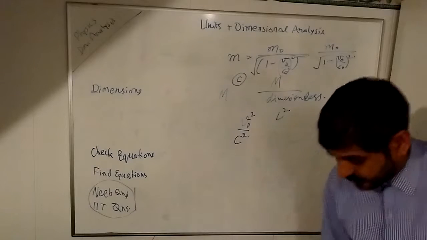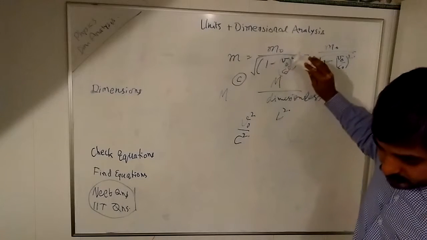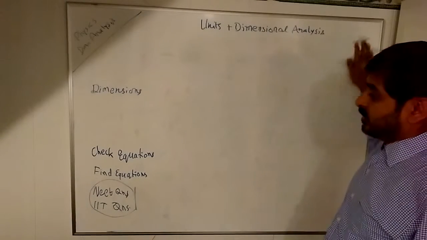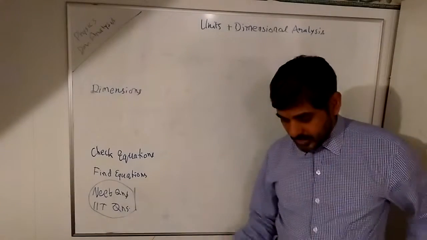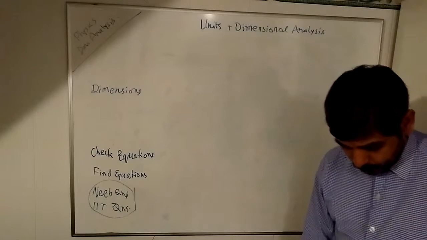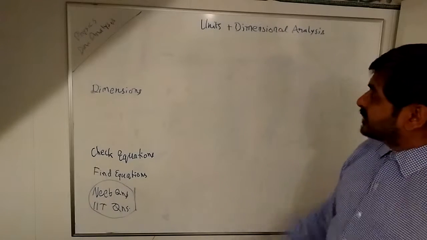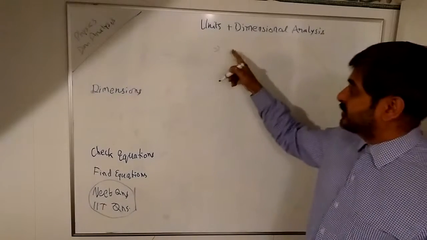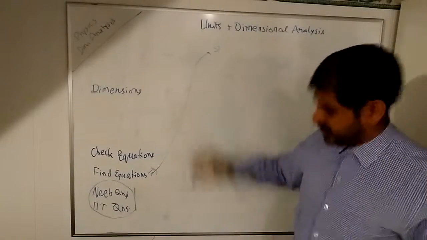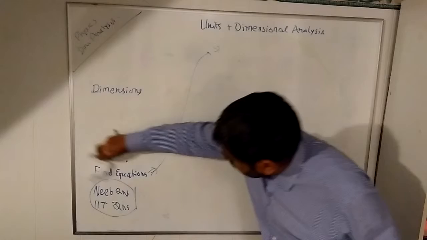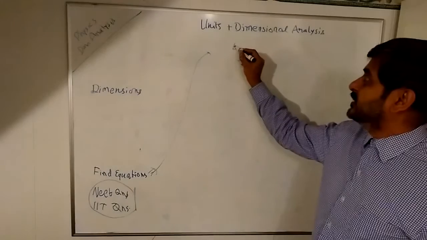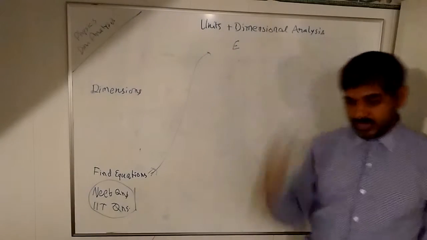The next thing we will cover is how to derive a formula. Let's do some questions. Let's take a look at this example, and that is how we will find an equation. We did checking the equation, and in the next portion we will find an equation. Let's say Einstein says energy that we can find from a mass depends upon